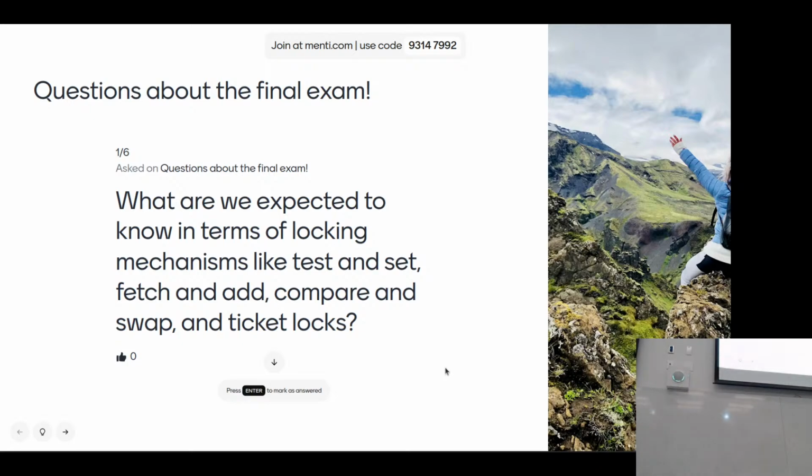For the first three that I've got here, test and set, fetch and add, compare and swap, the key thing is that these are doing atomic operations. That is the really key fundamental part of this locking idea with those things, that they all do some kind of an update atomically. They get a value and they update or change that value in one single atomic instruction. And in terms of locking, that's the main thing that I really want us to be able to know about here. Ticket locks,